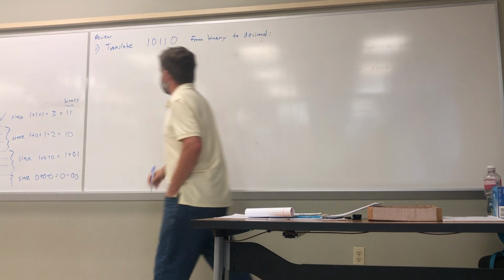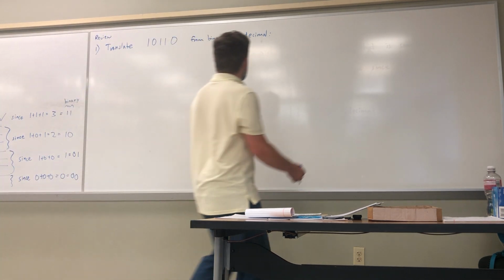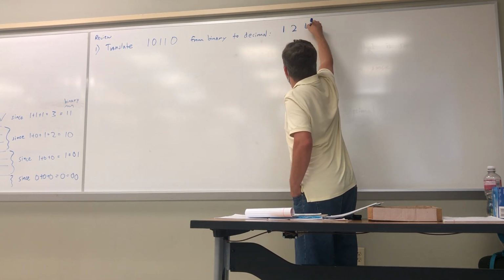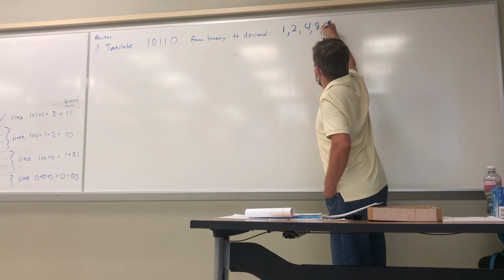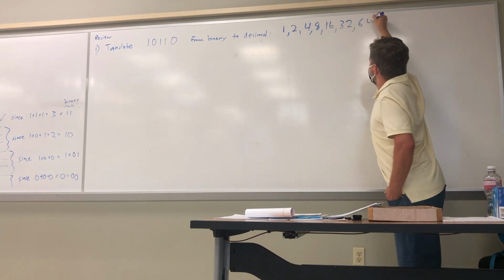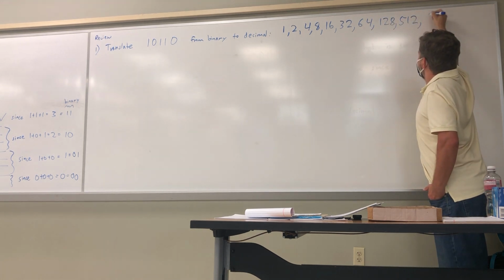All right. So it's good to have that list of powers of 2 written down somewhere. I always put up a list of powers of 2 over here. I've got 1, 2, 4, 8, just doubling over time, 16, 32, 64, 128,